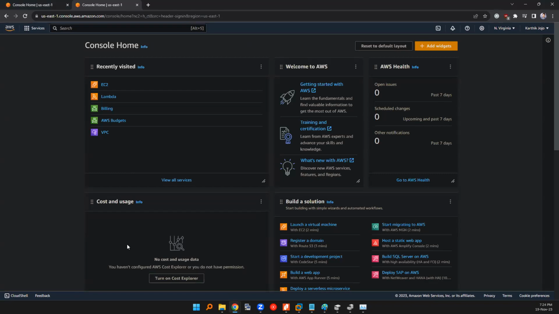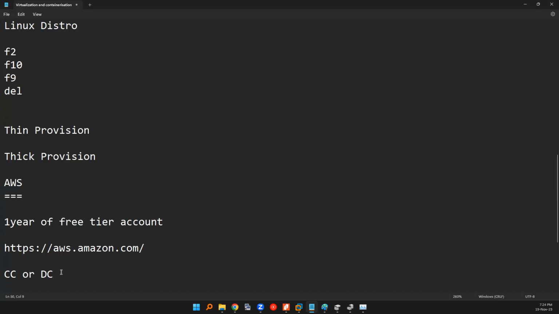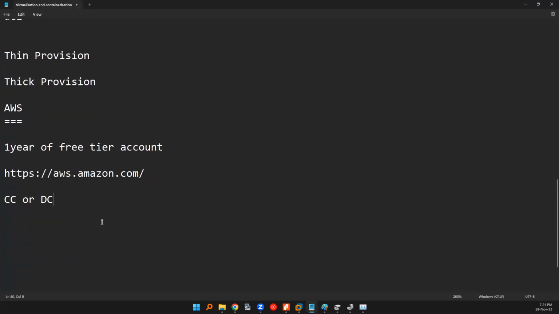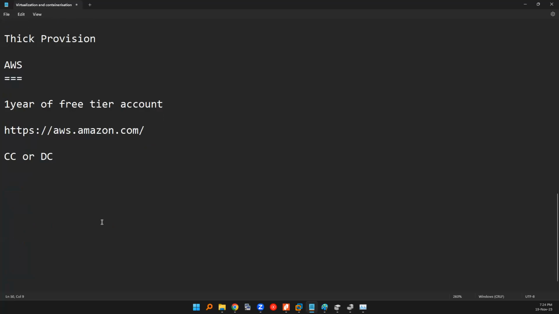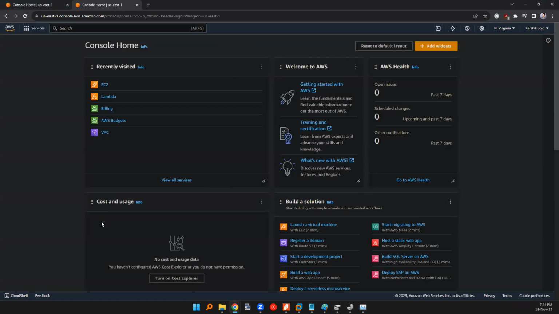You just need to give the credit card or debit card details, and within a maximum of 2 to 4 hours, it will be processed. You will receive an email, by the way. Once everything is done and you have verified your email,